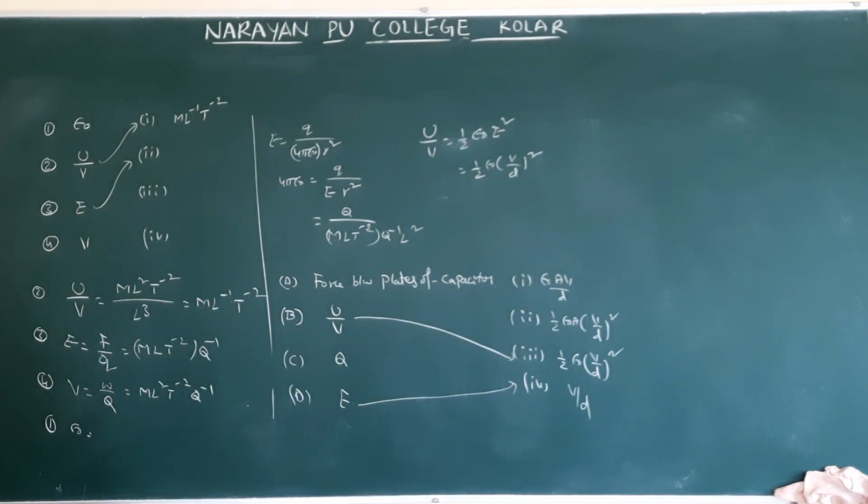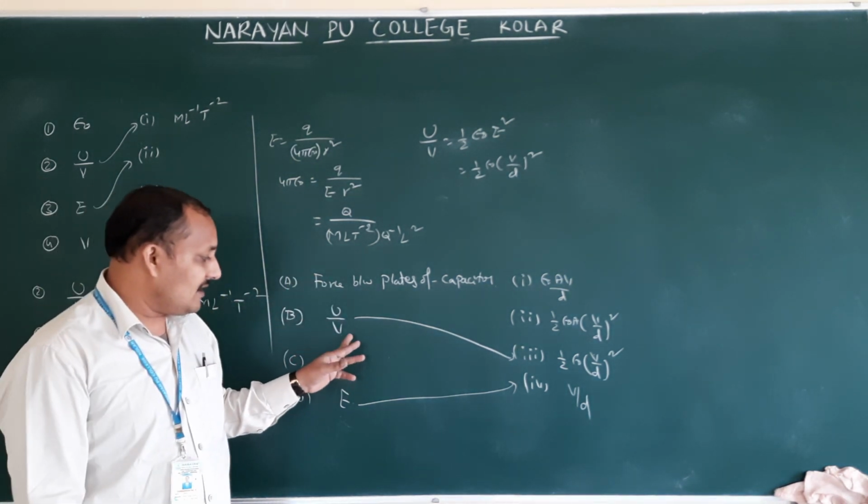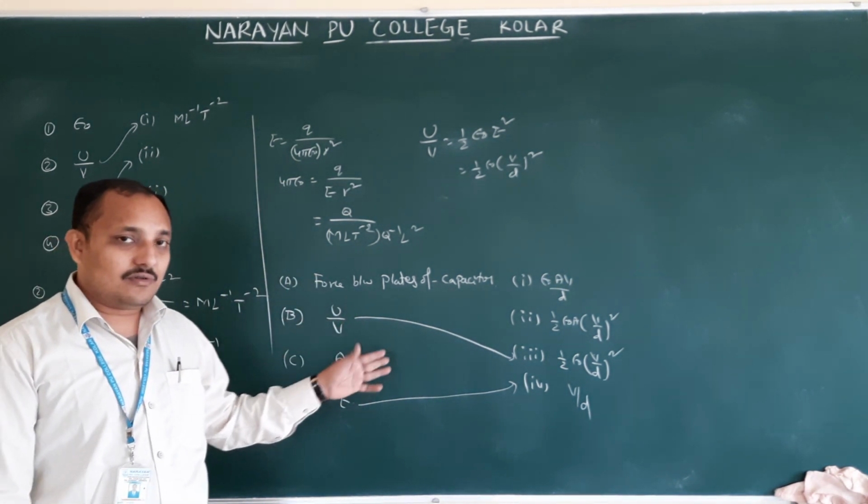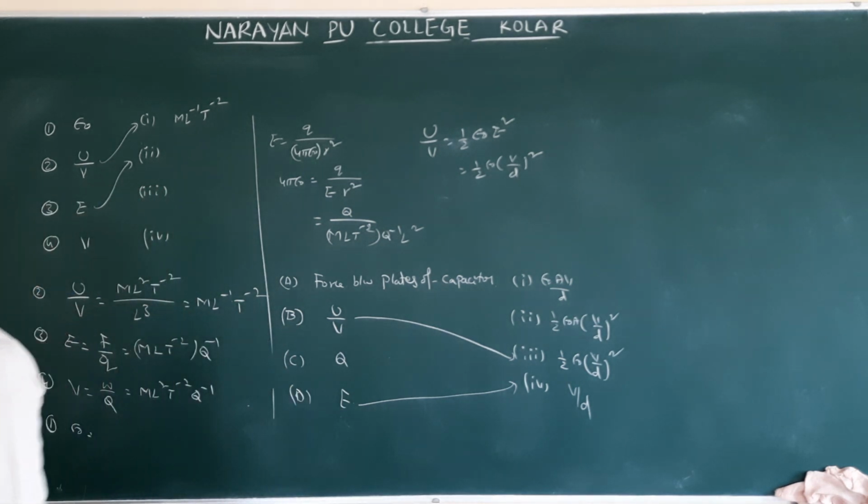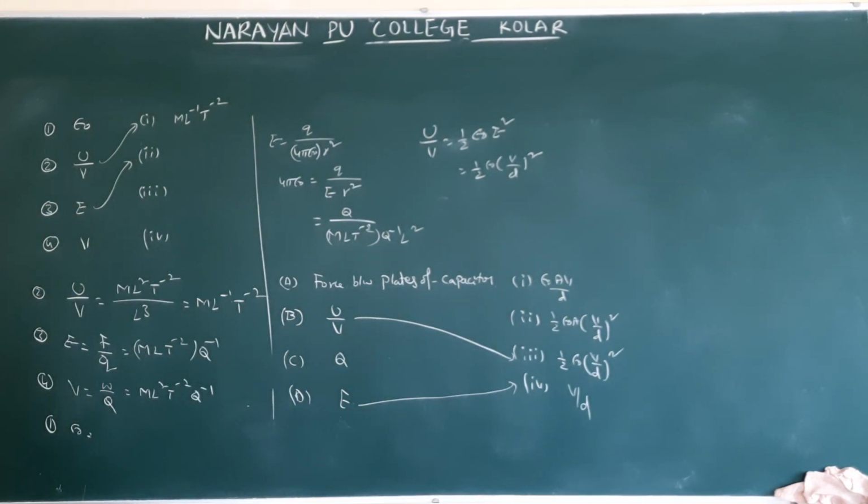How many options are there for you? Only one option. B is matching with 3. That is the second option. If you don't know the remaining options, you don't need to worry, because at least you came to know out of these two that the option is matching, so you can go. Therefore, option 2 is the correct answer.